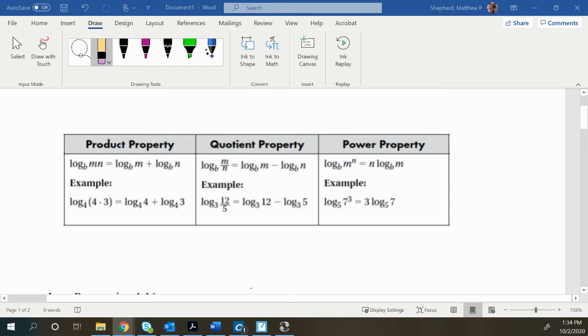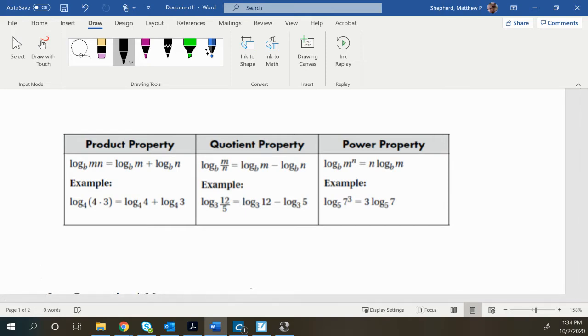Okay, so right now we're going to be talking about the properties of logs. Now, from the last lesson, we talked about how logs are related to exponents. Now, if logs are so related to exponents, they should have similar properties. So in order to explain some of the properties of logs, I'd like to do a quick review of some